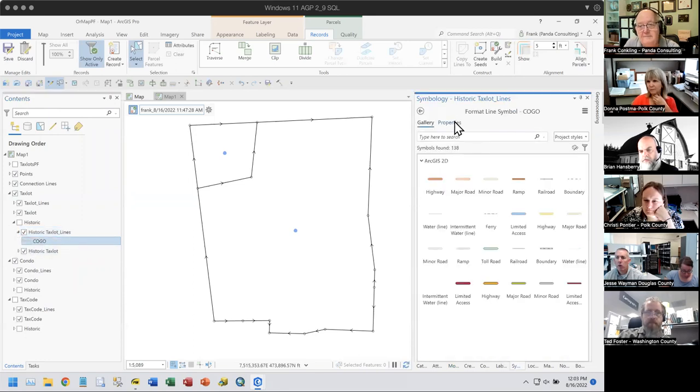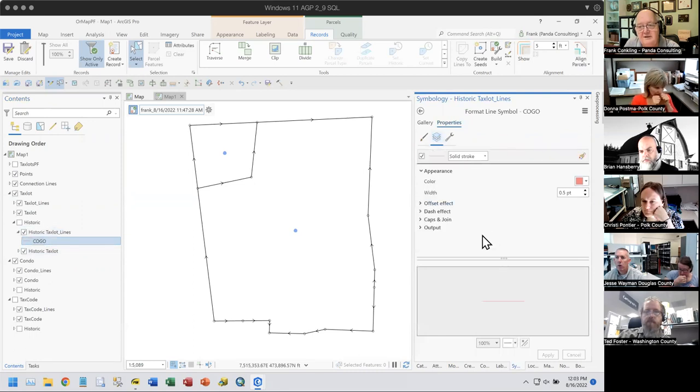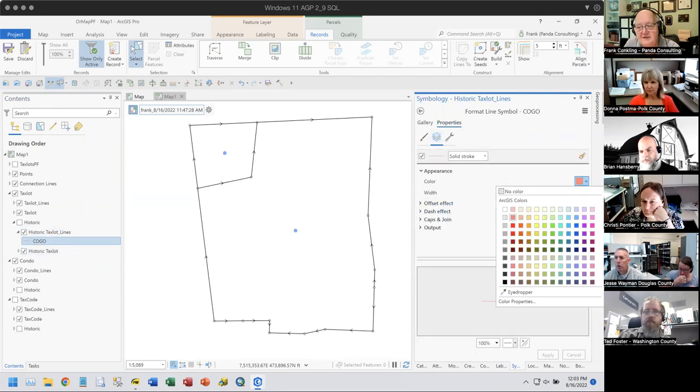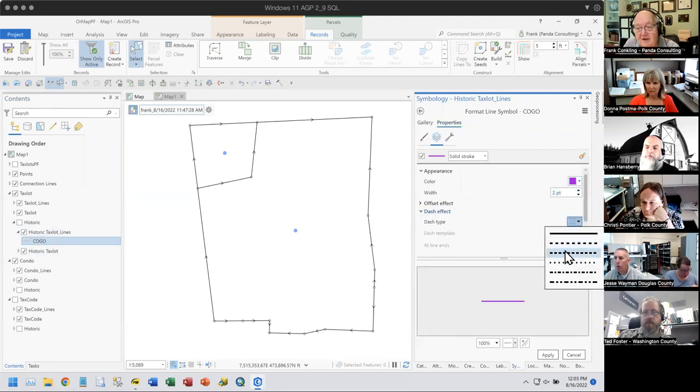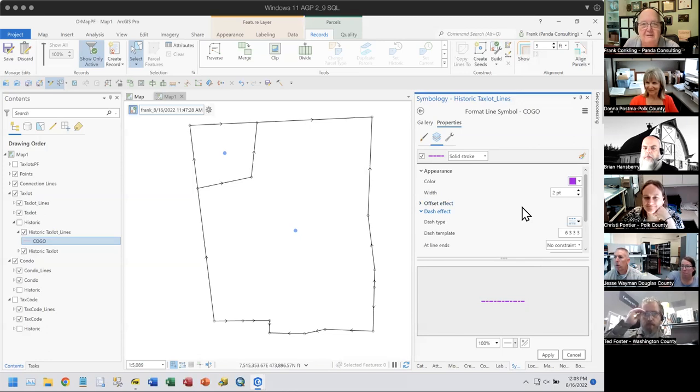On here, if I go to properties and I go here, by the way, I had a great professor in college when I was taking cartography classes, and he said GIS is one of the greatest inventions in the history of humanity because it allows you to create really ugly maps really quickly. So yeah,